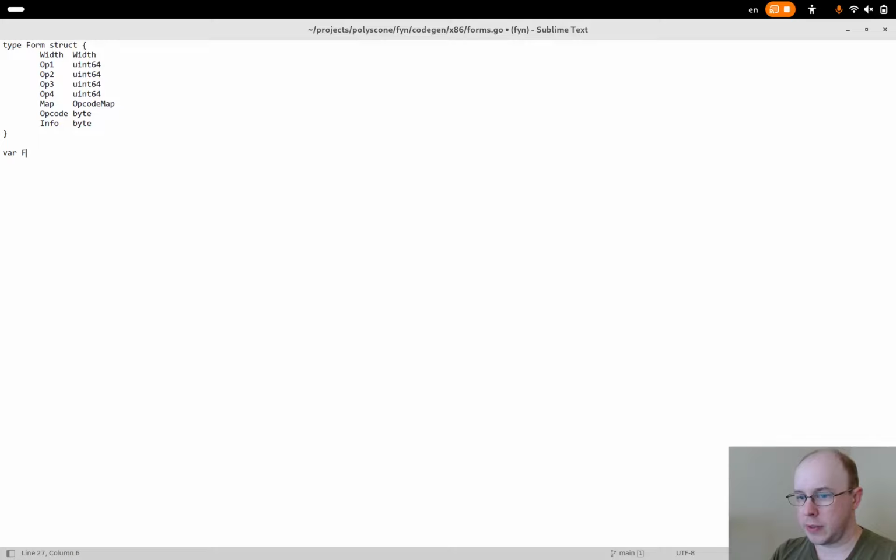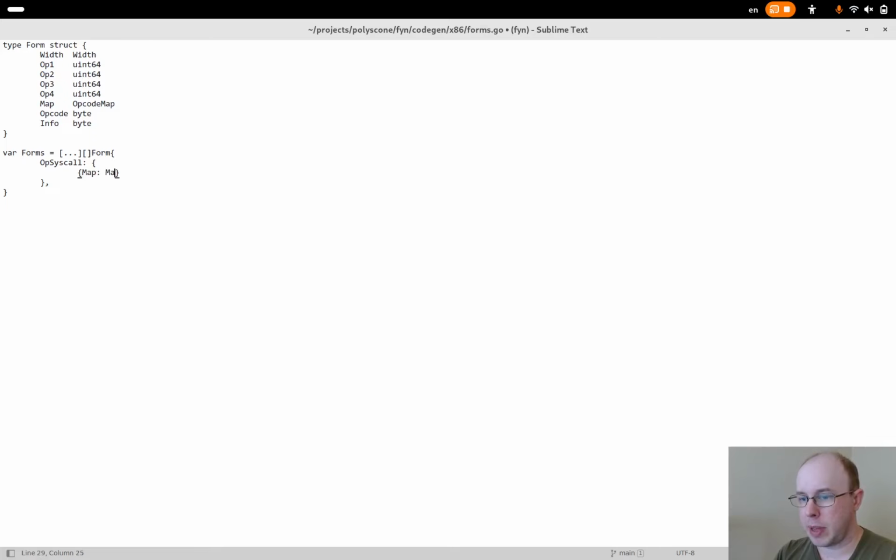So we'll have our forms equals an array of slices of form. For example, we'd have op syscall. There's no width or anything on a syscall, there's only the opcode map and the opcode byte itself.